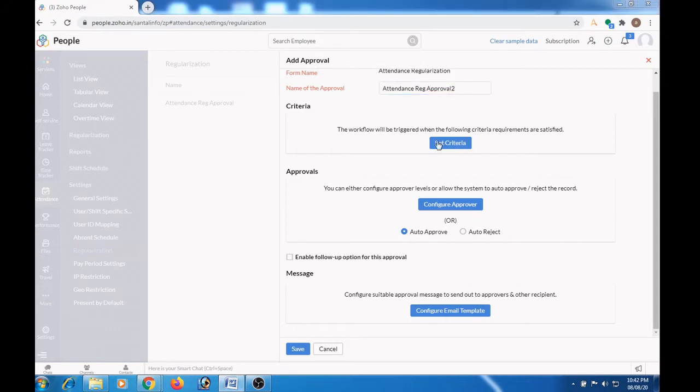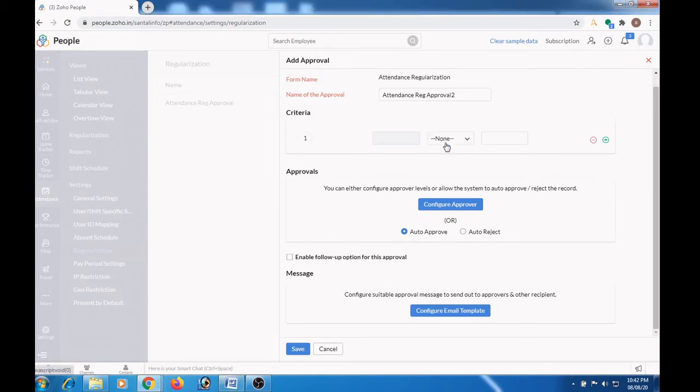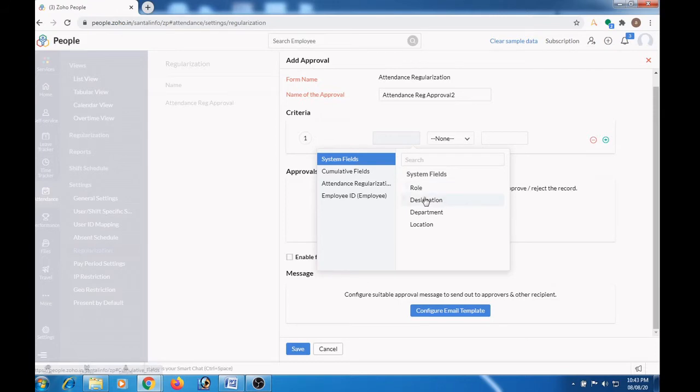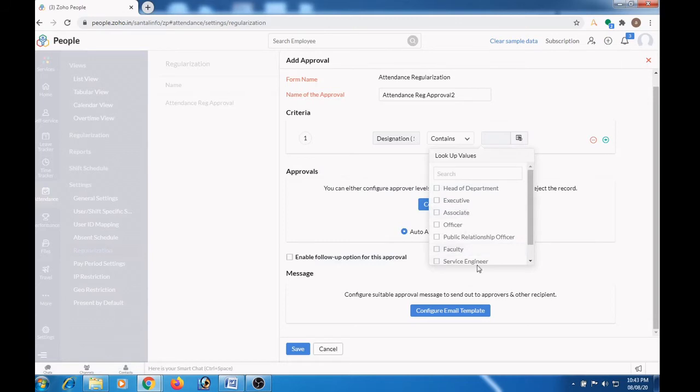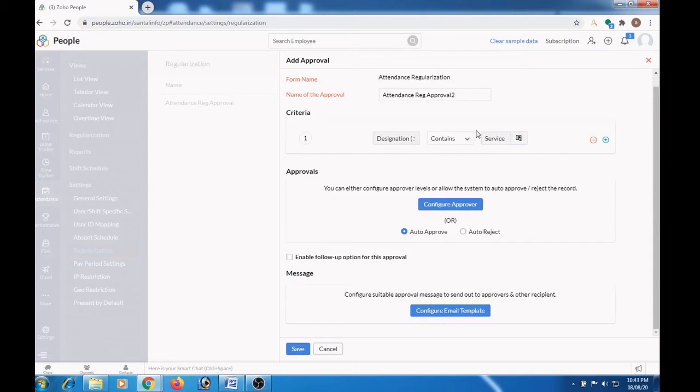Here you can define the criteria or leave it as blank according to the requirement. To add a criteria, click the set criteria button. Suppose if I select designation contains service engineer, in this case, this regularization rule will be eligible for only service engineer.